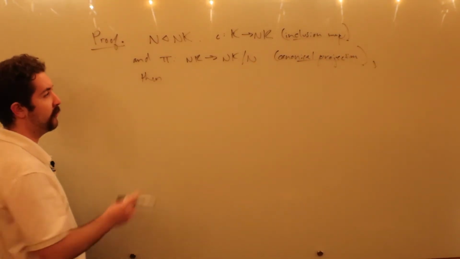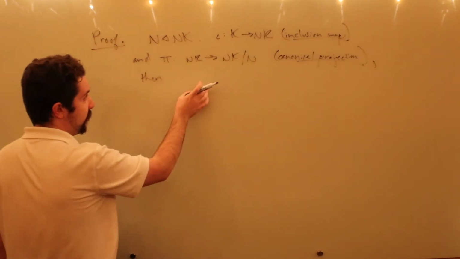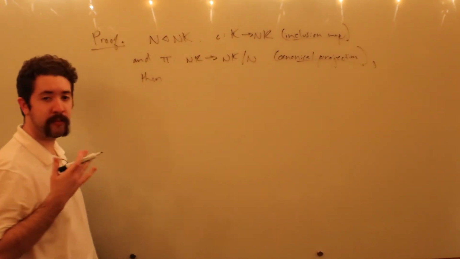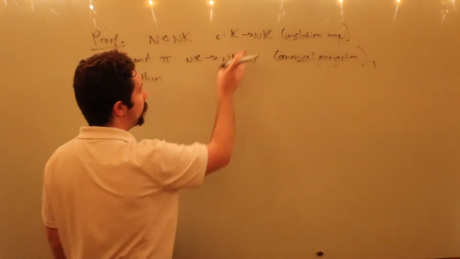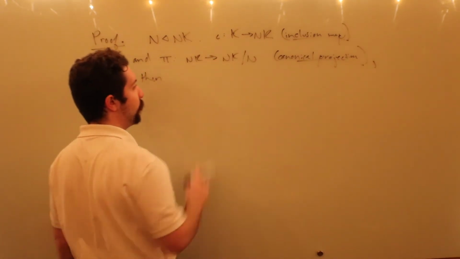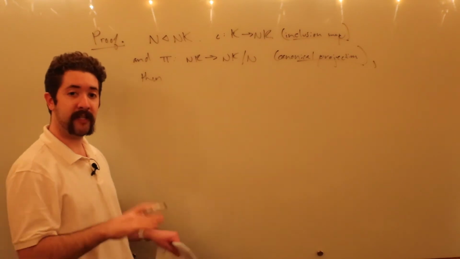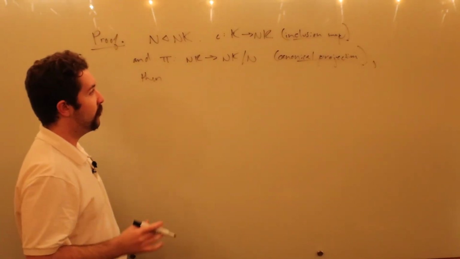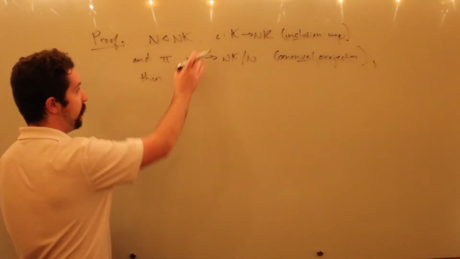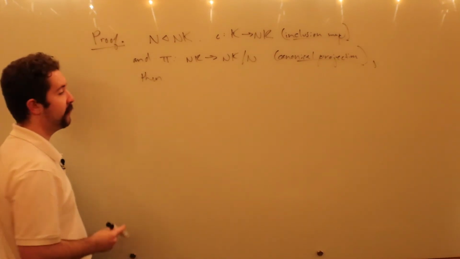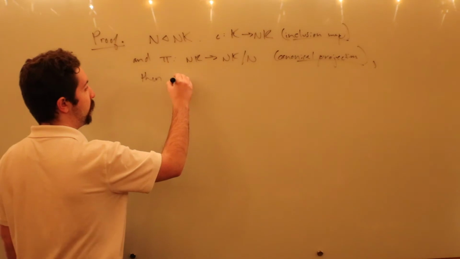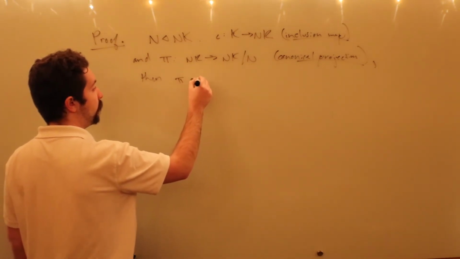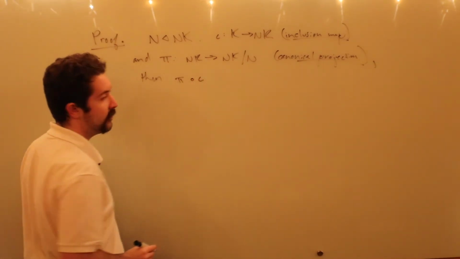In fact, it's an epimorphism. But regardless, iota should also be clear that this is a homomorphism. It's a map between groups which sends every element of a group to itself contained in a larger group. So it should be fairly obvious that iota is also a homomorphism. And we know that the composition of two homomorphisms, which in this case is pi composed with iota, is also